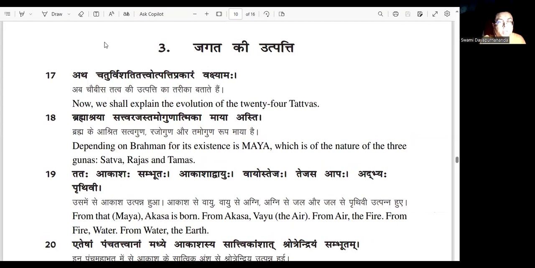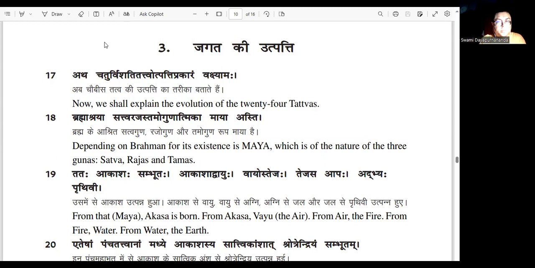Atha, now Chaturvinshati, Vinshati 20, Chaturvinshati 24 tattvas. The tattvas, elements, utpatti, how they are created, how the evolution happens, the prakara, the details of that, vakshyamah. Now we shall speak of that. So the 24 tattvas will come in details one after another. It begins in the creation, Jagat Utpatti, this prakaran. Number 18 he says here,